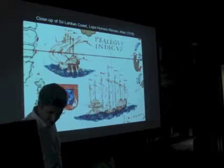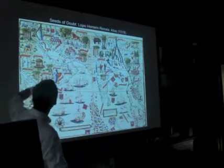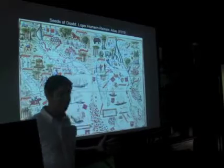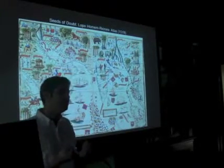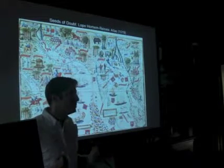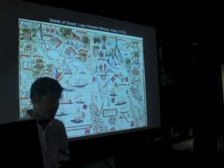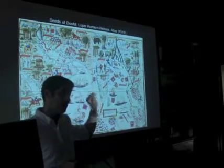Because one of the big challenges, and this is a terrible map to be showing you this, is that there are no forests in the Middle East. That's one of the things about the Middle East. There aren't any forests. So if you want to build a fleet in Egypt, you have to get the wood from somewhere. And so for these 80 ships, every single board of every single one of them was cut in the forests of the Black Sea,